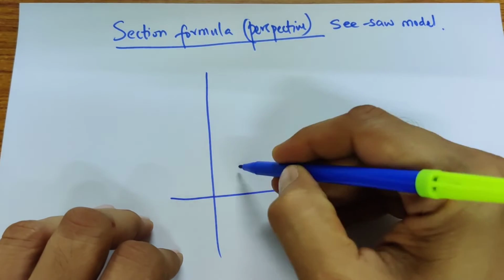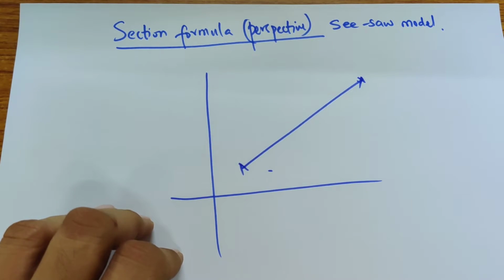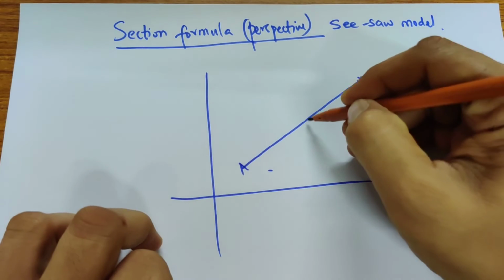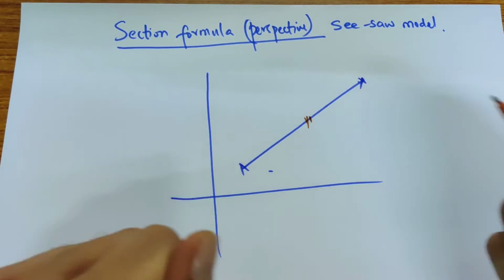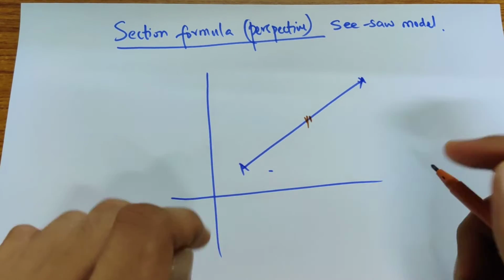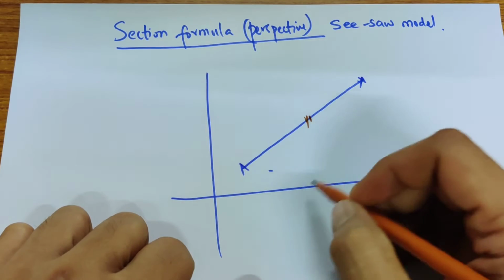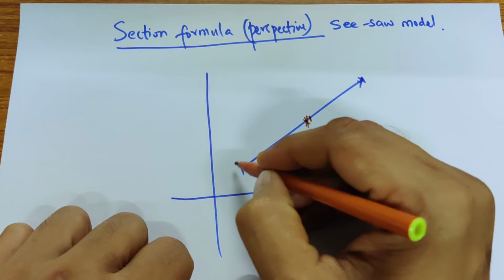So if you have 2 points, the way I think about it is that if you wanted something, let's say you want it in the middle, then I think of both of these as pulling this point, or balancing it. I really think about it like a seesaw. They have the same weight, so it gets pulled to the center. So if they have the same weight, and if this is